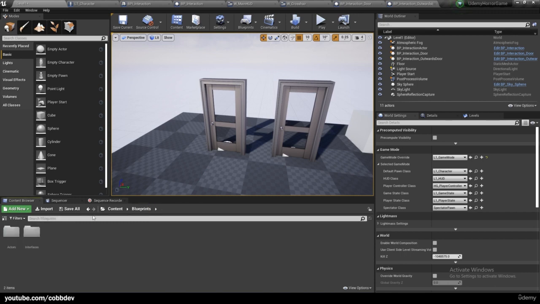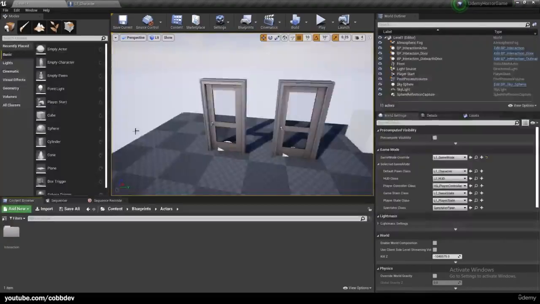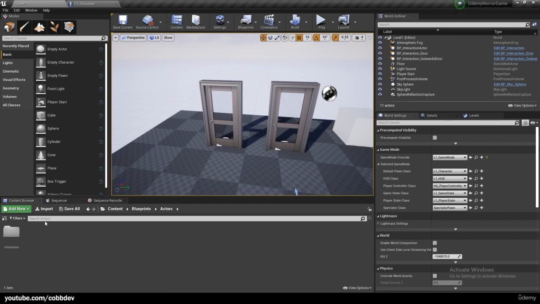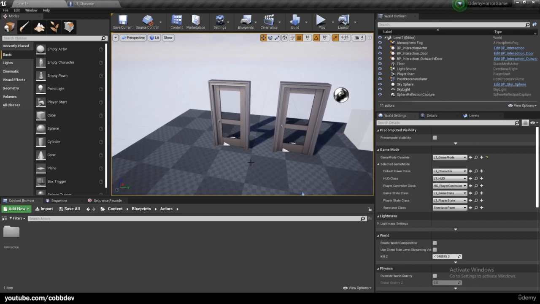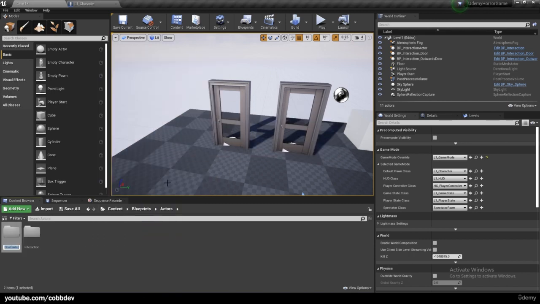So if we go into Blueprints, our Blueprints folder, Actors, this will not actually use the BPI interaction. Speaking of all of this, we can close it all. It's getting kind of cluttered. I'm going to leave L1 character open. This will not use the interaction interface. We're actually going to be creating a second one for that, for our left mouse click, since we'll be using a separate button. So let's right click and let's create a new folder, and we'll call this